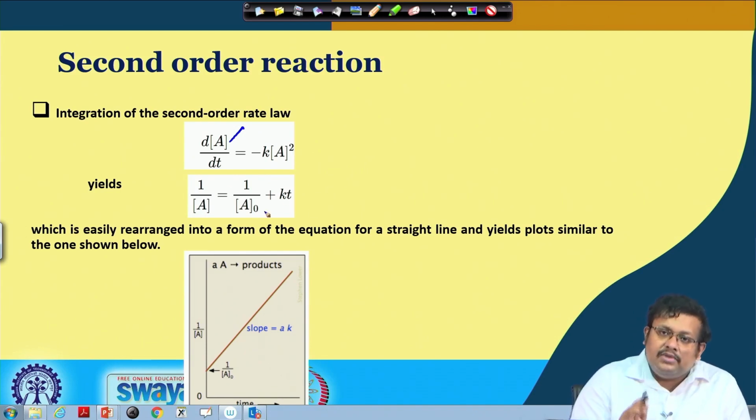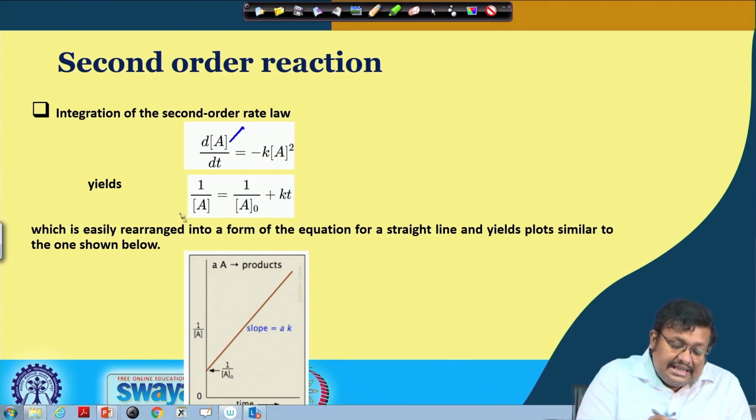How we will get this form? I will show you. So, basically this straight line form we will again get for second order reaction, just like for first order reaction, which is easily rearranged to form an equation of the straight line, which you know, and yields a plot similar to the one shown below. So, here you can see there is a positive slope in case of second order reaction,